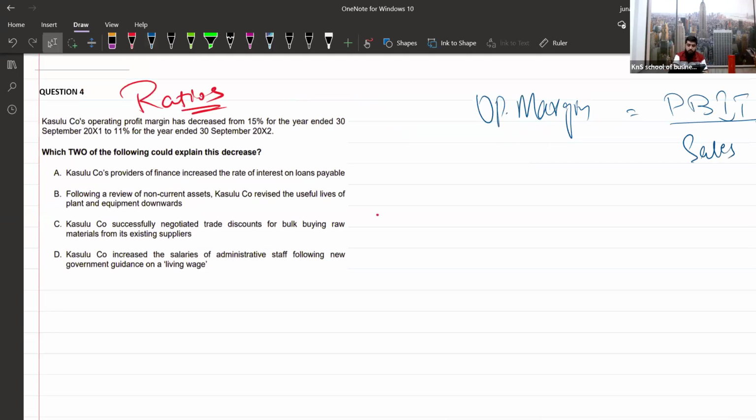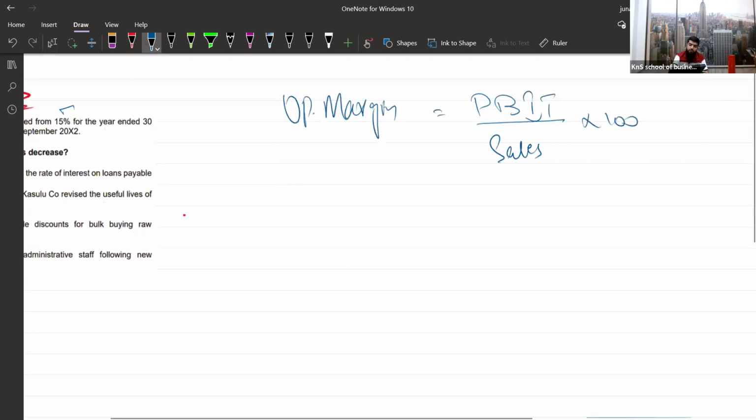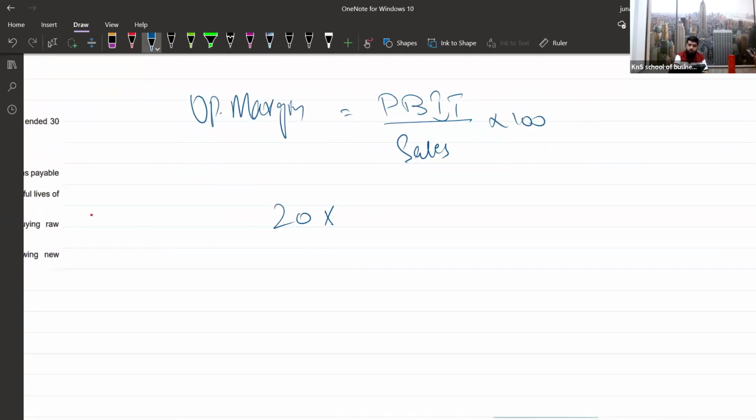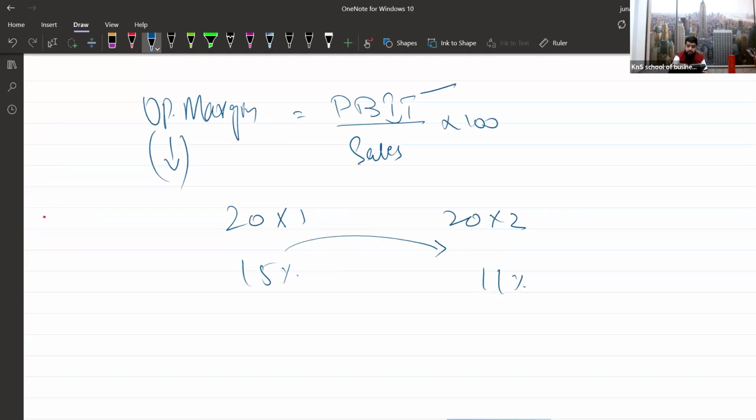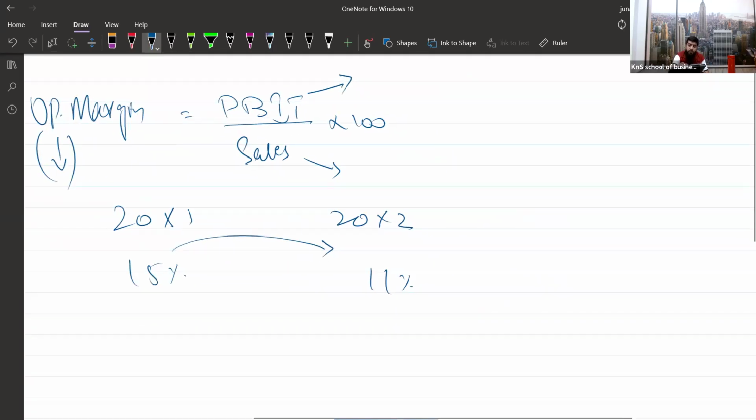Here it states that the operating profit margin has decreased from 15% to 11%. Let's take dummy data: in 2001 it was 15% and now in 2002 it's 11%, which means the operating profit margin has decreased. And if the ratio is decreasing, remember there are two sides, the numerator and the denominator. If the ratio is decreasing, the numerator is also decreasing, which means that the profit is decreasing,